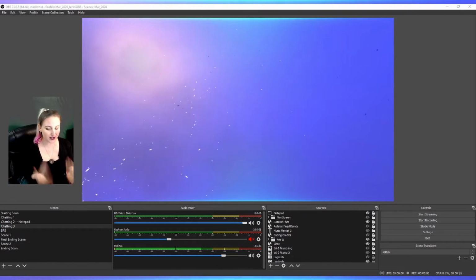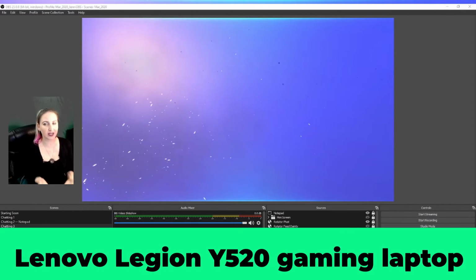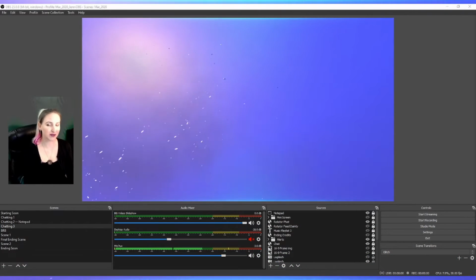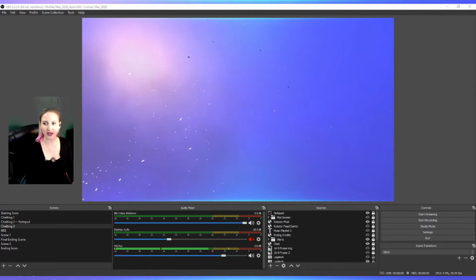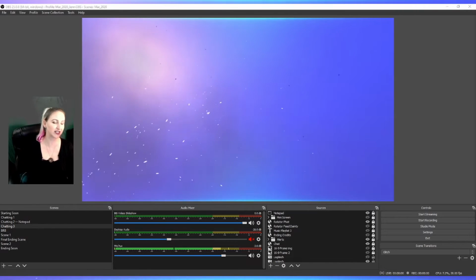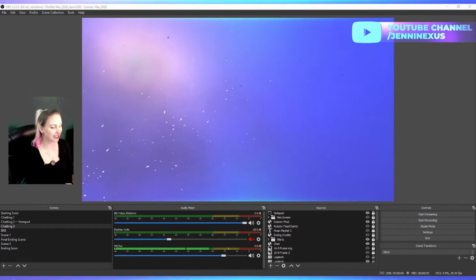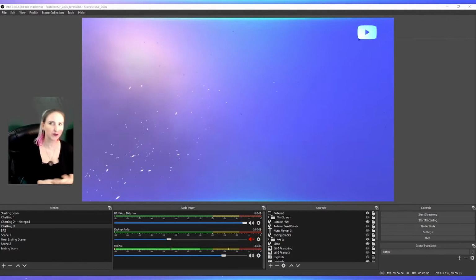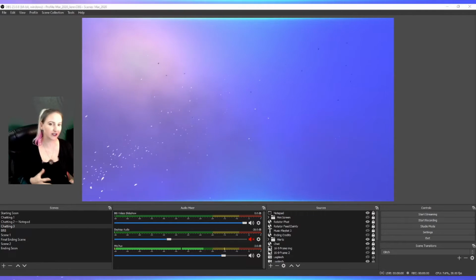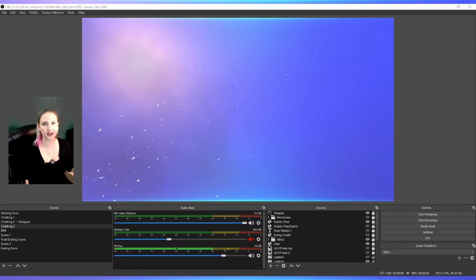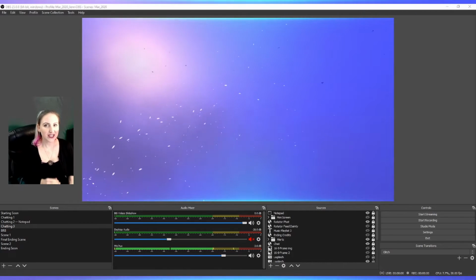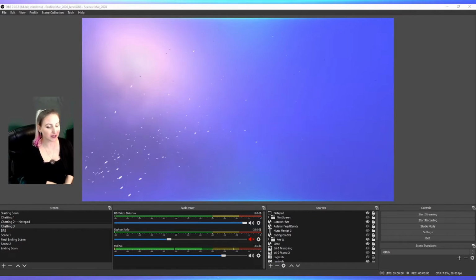For example, I use a Lenovo Legion Y520 gaming laptop, and it definitely gets the job done. But there's some times when I've had to turn down the settings on my favorite game or whatever I'm playing. Like, I think BioShock, the most recent BioShock, was the last one that I had to turn down all the settings, and I was really depressed about it because everyone was raving about how awesome the graphics were in the newest BioShock, and the water, you know, the game started off where you're in the water and it's supposed to be all transformational experience, but actually if you're trying to stream from a laptop, whether it's a gaming laptop